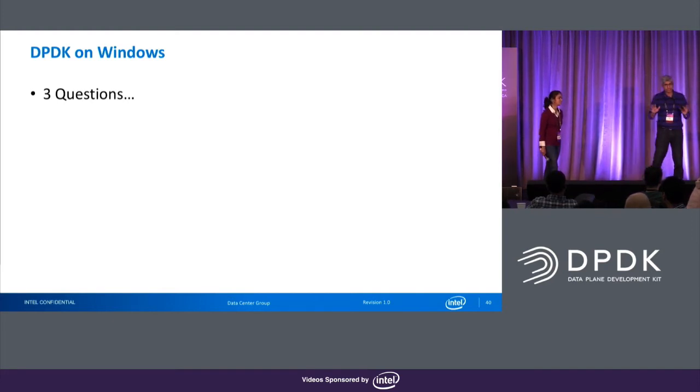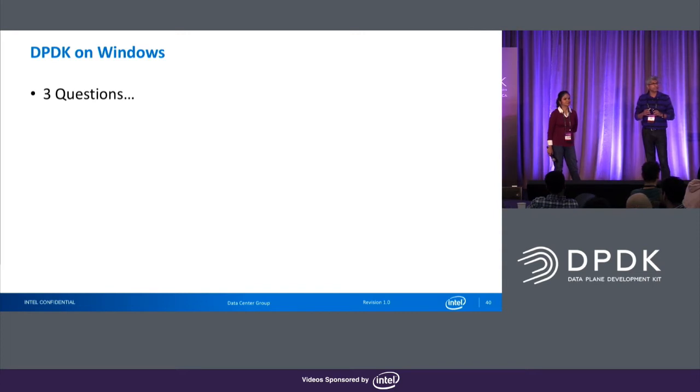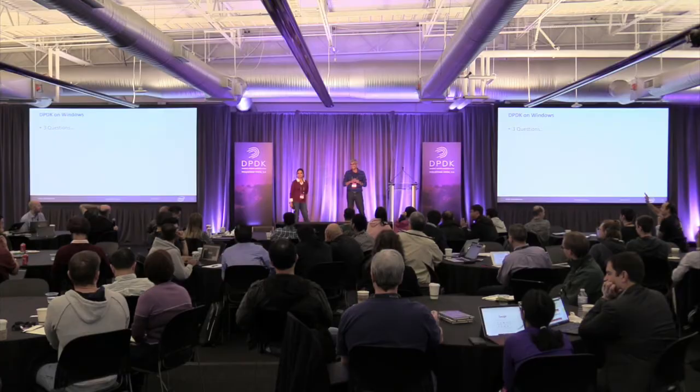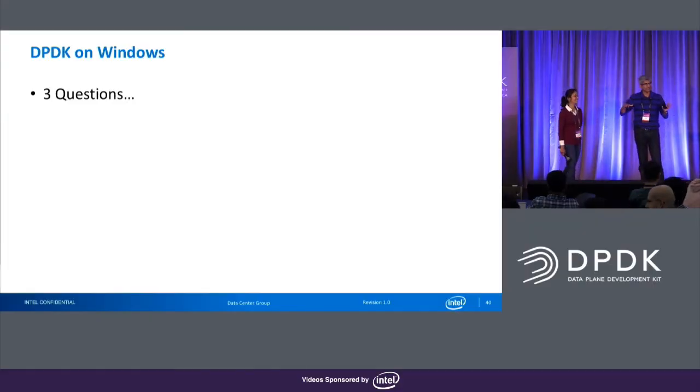So I'm talking today, both of us are talking today about DPDK on Windows. I have 3 questions for the audience. First, how many people here, show of hands, know there's a DPDK port on Windows? That's really good. Second question, how many people know that that code is available today for you to use in a draft repo? A little less, that's good. And the third and final question is, how many know that in the master branch today, there is Windows support available for a little hello world application, and that's it. That's even less. So as you can see, the number of hands are lower and lower.